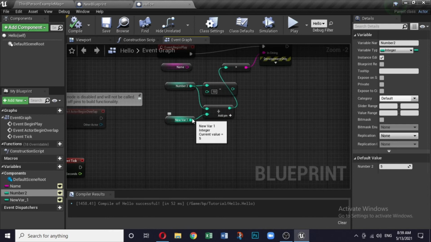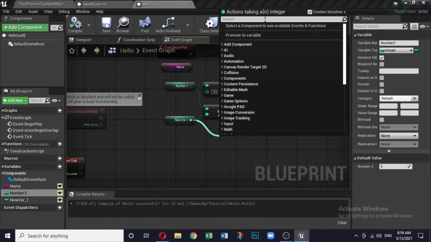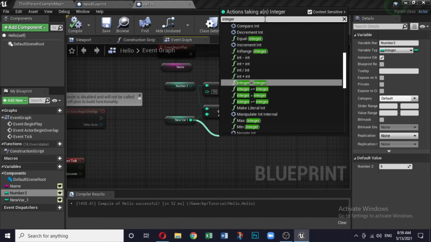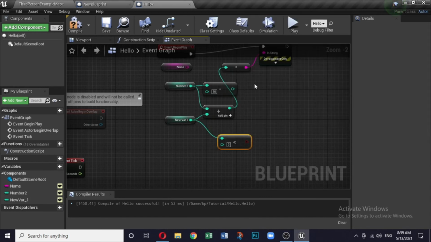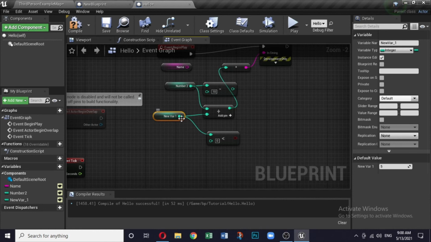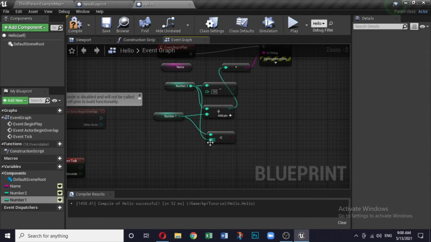So there are other conditions also. So let me go through the other conditions like integer. So we have something called integer less than integer. So let us see how does it work. So there is one integer, variable 1. I think I have not changed the name. Number 1. Okay, fine. So maybe something wrong there. Okay, so number 1 is less than number 2. So this is how it comes.